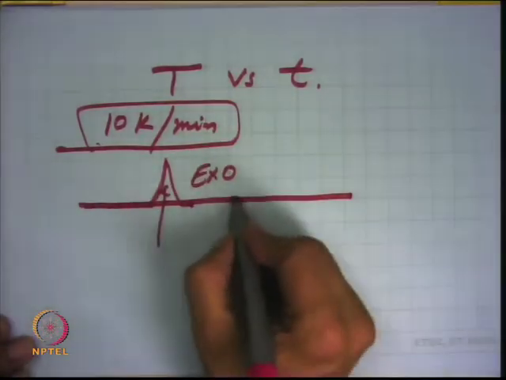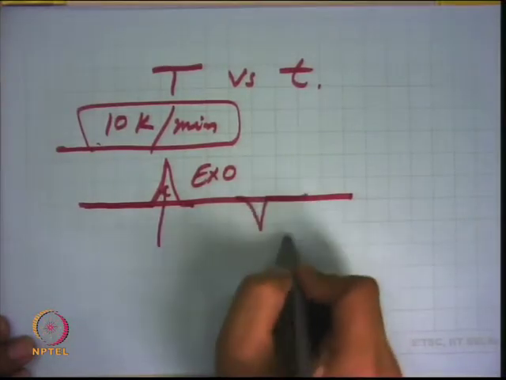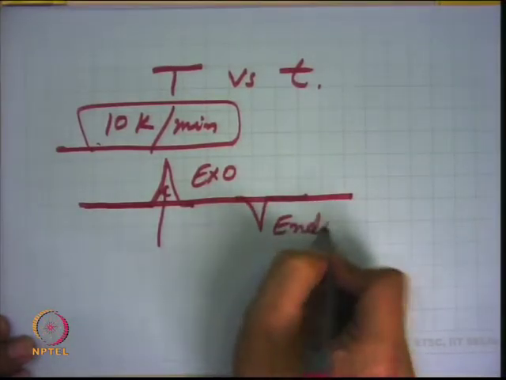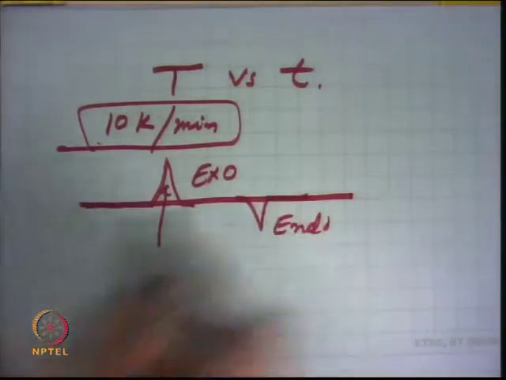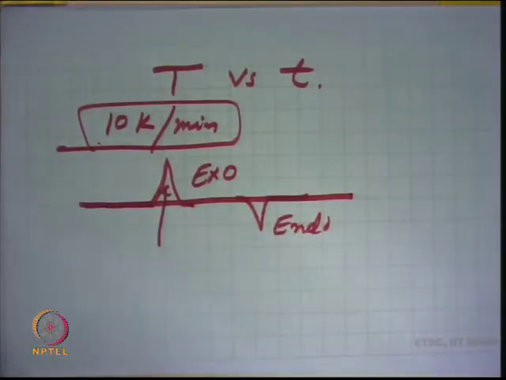And if the profile goes down like this, it means this is endothermic, because there is a drop in temperature. When you see a drop in temperature, this simply gives the idea about endothermic nature, because the system takes heat during decomposition, so the temperature will fall down. So, this information, whether the decomposition is endothermic or exothermic, you can get.